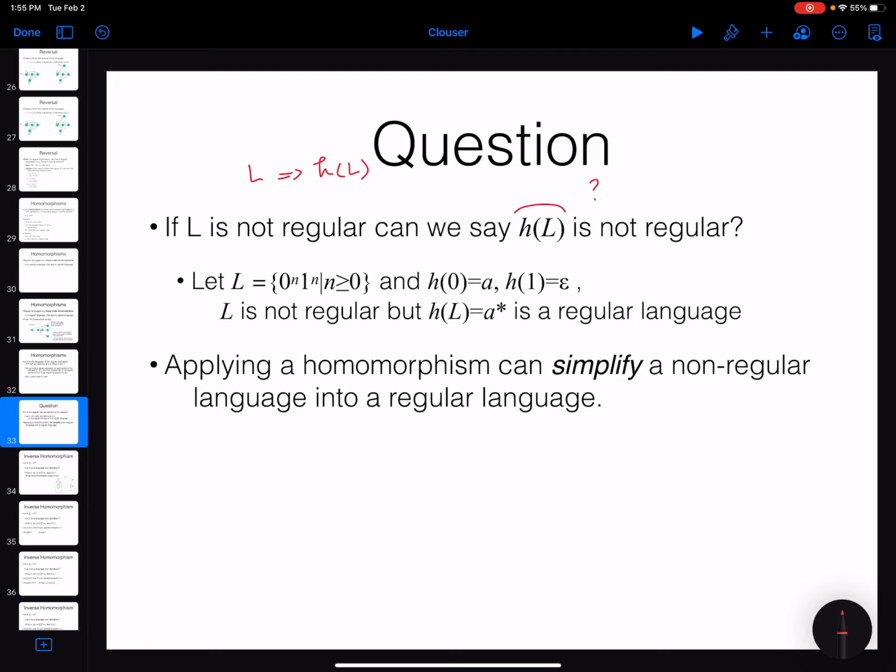We know that this language is not regular, right? This is the first example that I showed you, and this is not a regular language. We cannot create a finite state machine to represent this language. In the next video, I will give you another proof using the pumping lemma that this language is not regular. So just assume that we know this is not a regular language, because we have already proved it. And I have a homomorphism like this,